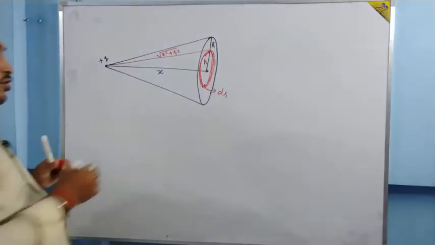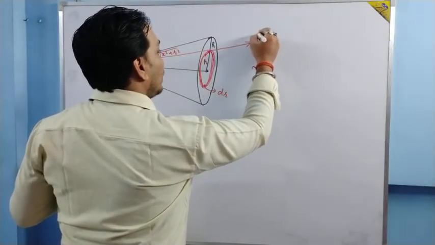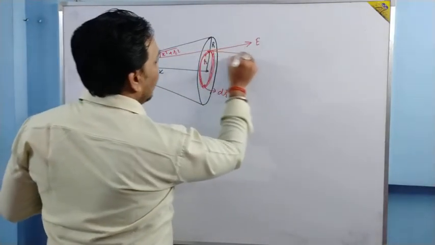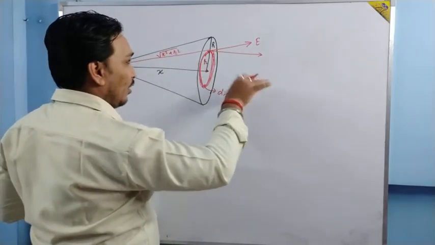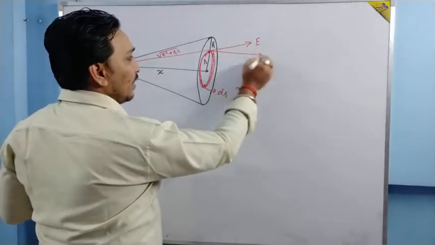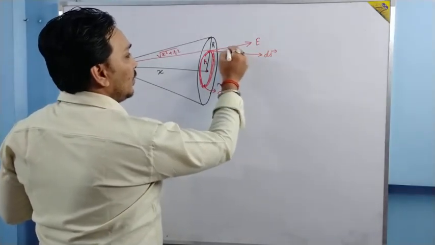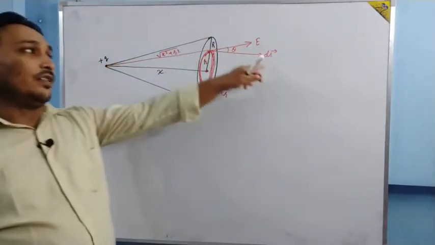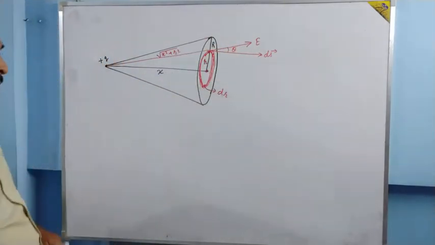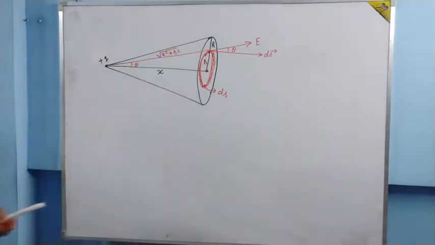Okay, what is the direction of electric field through the ring? The direction of electric field will be in this manner, and the perpendicular to the ring, the area vector of the ring, will be in this direction. So basically there is an angle, this is the area vector. This is an angle theta which is between electric field and the area vector. Moreover, if this angle is theta, then this other angle, as clearly seen, will be theta only.